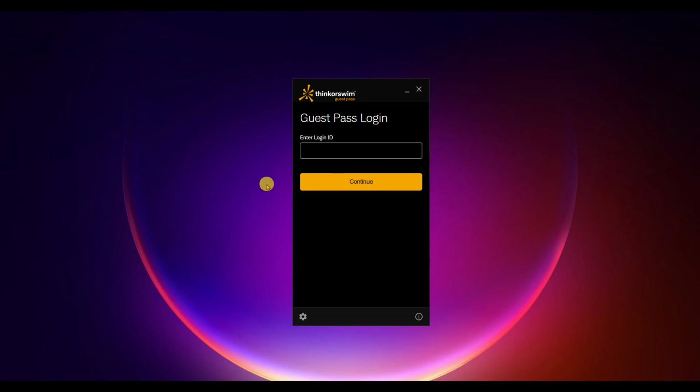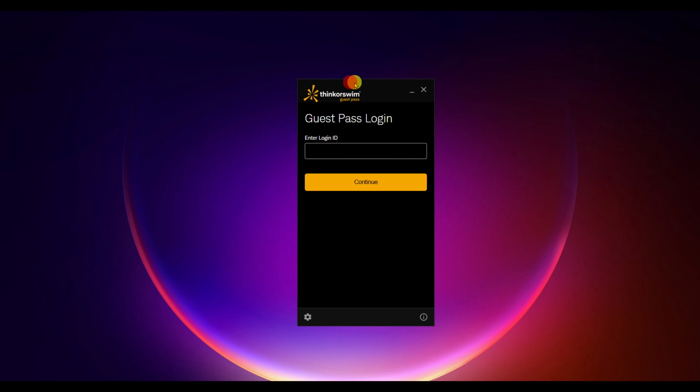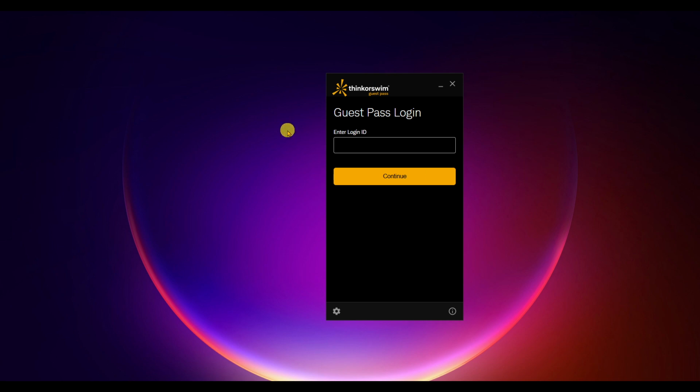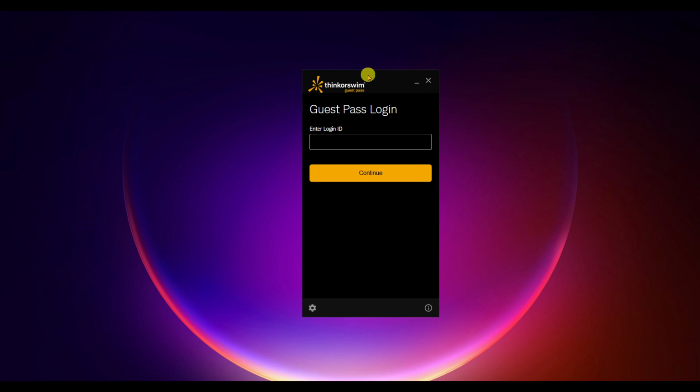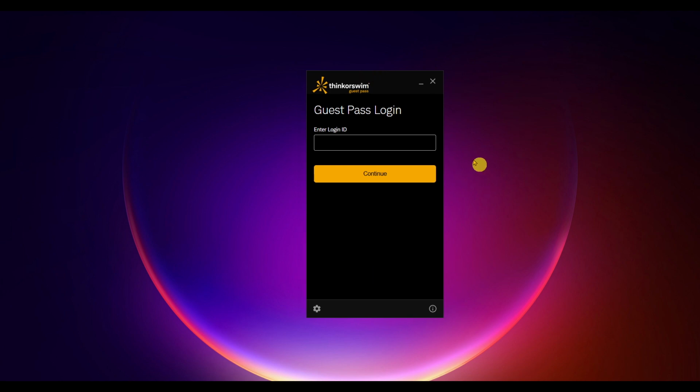Clearing the cache is a quick, safe way to fix slow load times, stale charts, or odd behavior after an update. The cache is simply a set of temporary files the app stores to speed things up. Over time, those files can get outdated or corrupted. Removing them forces Thinkorswim to rebuild fresh data on the next launch, which often restores performance without affecting your account